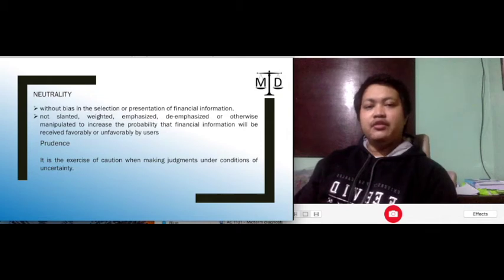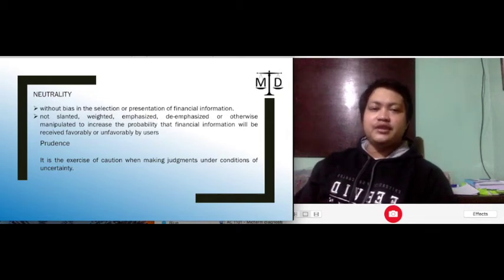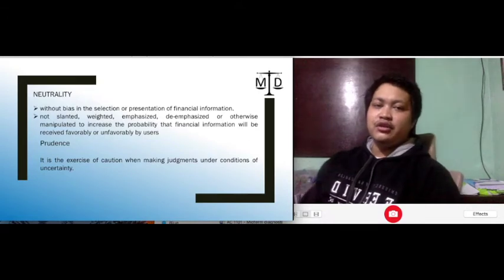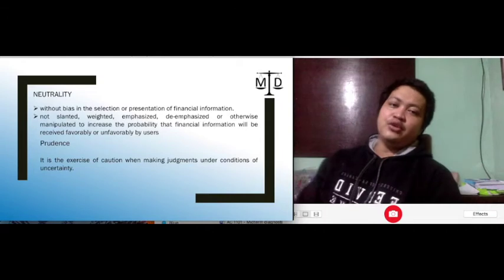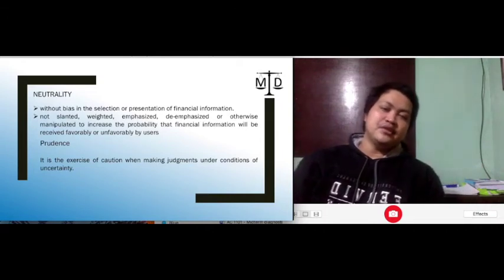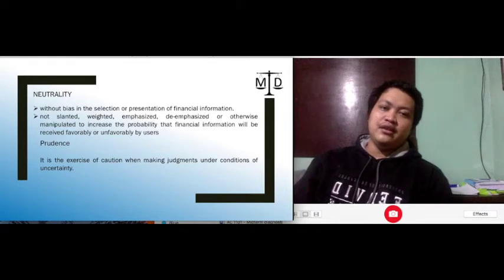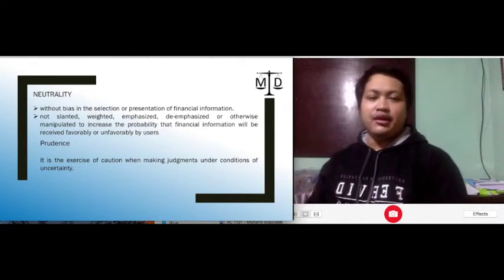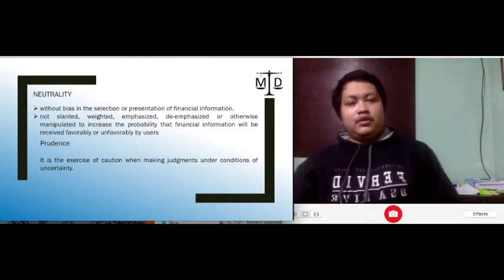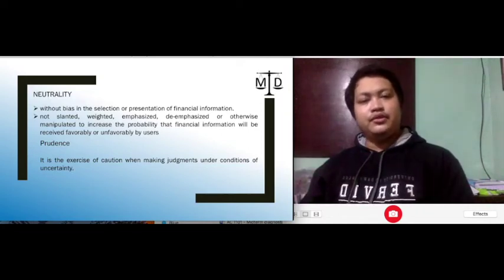So the test here would be whether or not the financial statement users were able to come up with their own independent decision. If you presented the information with the goal of transferring your own plans to the financial statement users, then you already violated the requirement of neutrality. Information must not be used to manipulate the actions of our primary users. Also, in order to achieve neutrality,